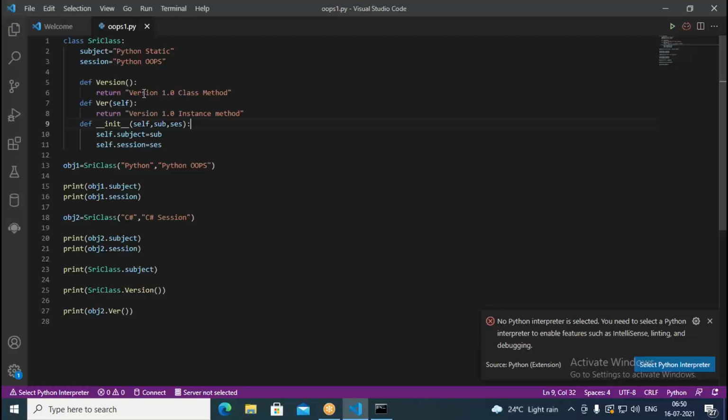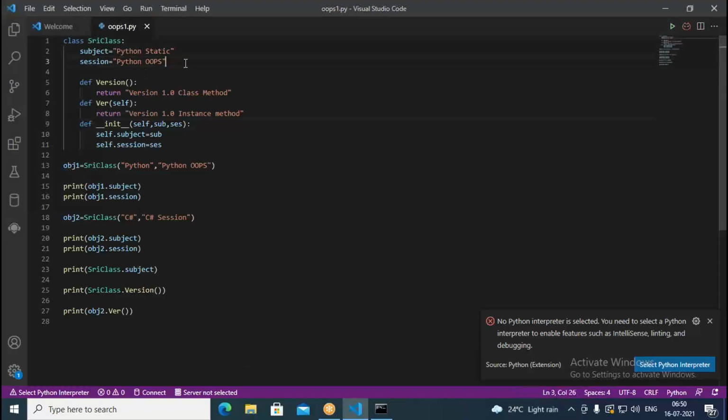Okay, so class-level methods and instance methods. With a class-level method, if you want to use it without creating an object, you can go with the class-level method. But instance methods, without creating an object, you cannot use, because it belongs to the object. It doesn't belong to the class. So that's the difference between class-level and instance methods.